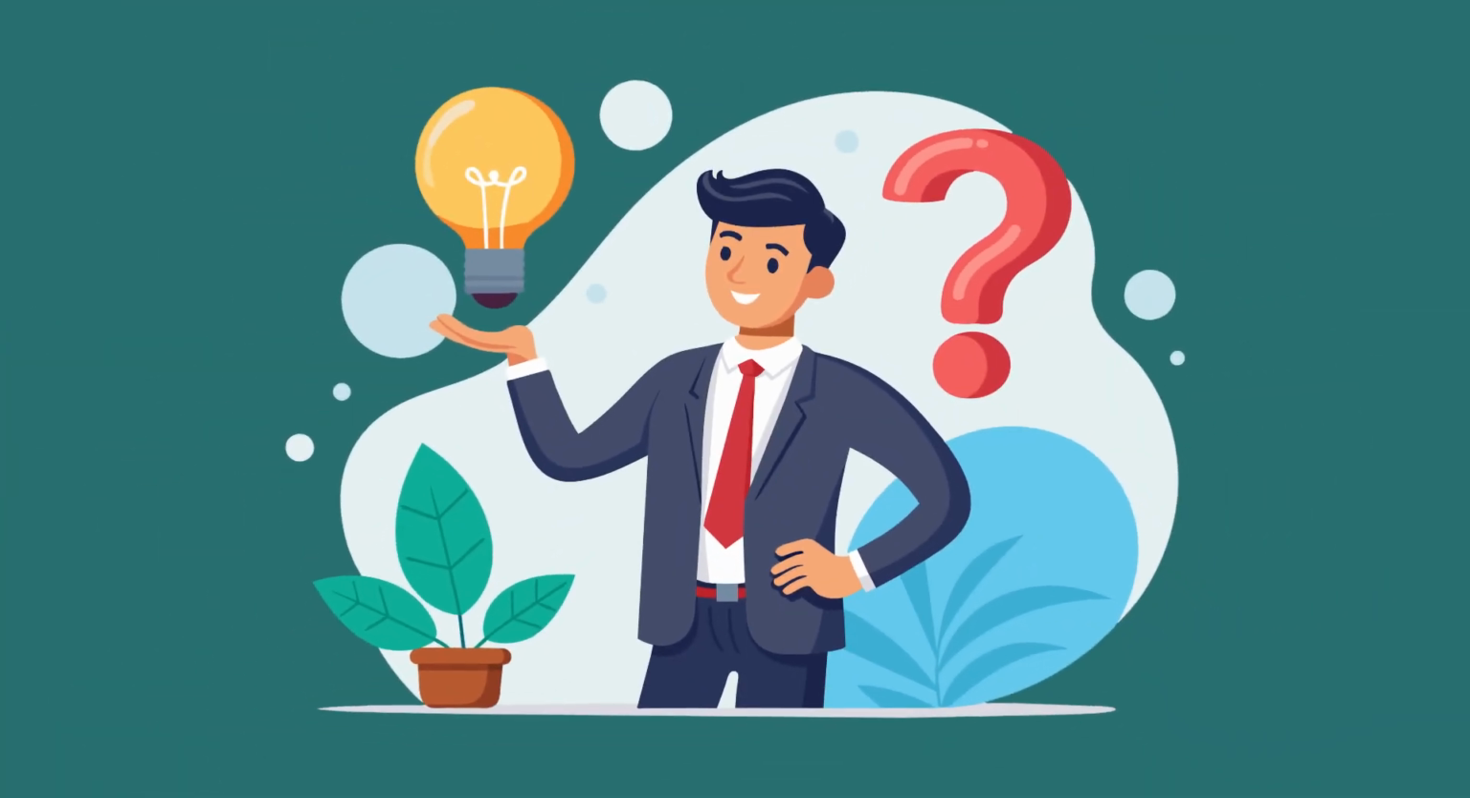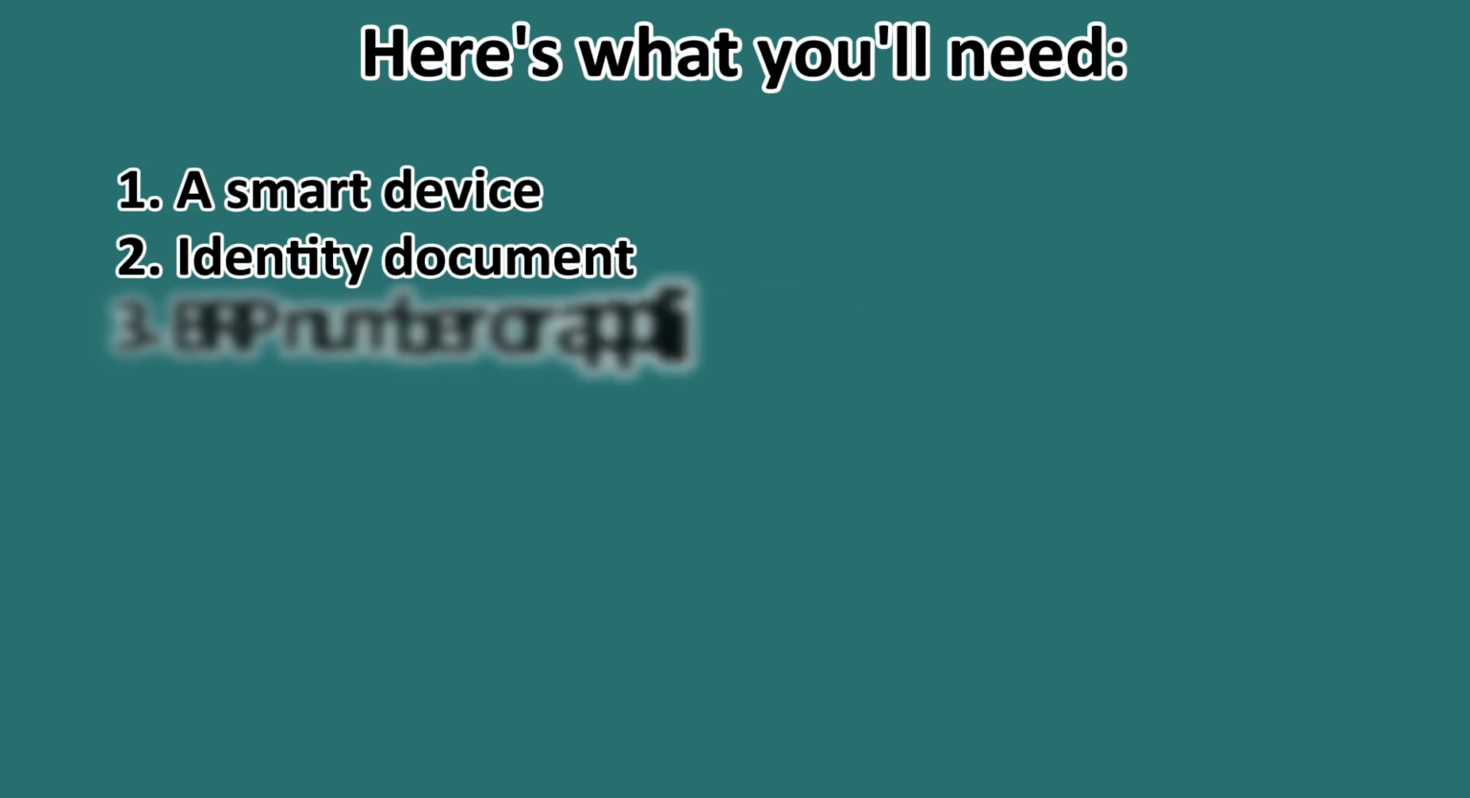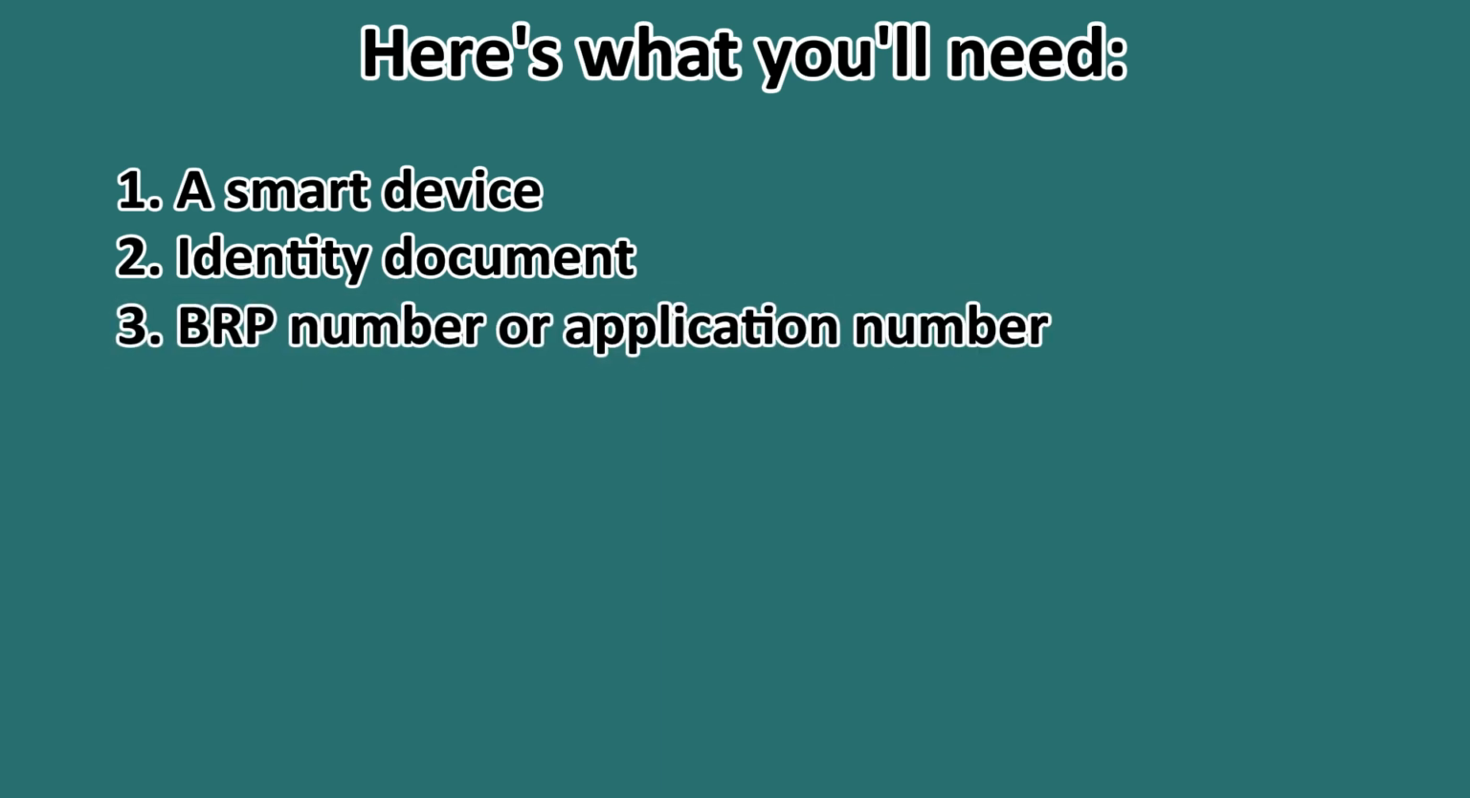But here are a few things you'll need. You need a smart device, could be a smartphone, laptop, or an internet-enabled device. You'll also need your identity document. This could be your BRP or passport. Then your BRP number or application number. If you don't have this, visit